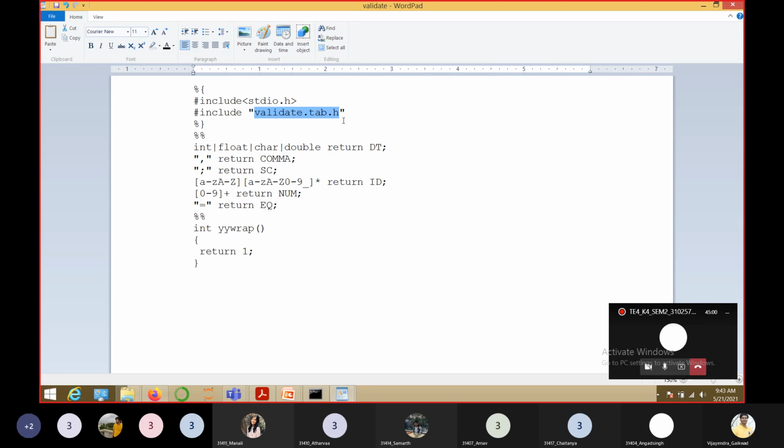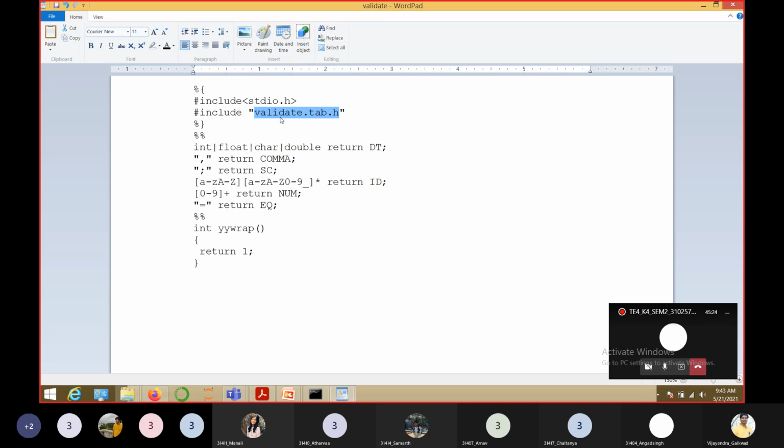validate.tab.h. Remember, I told you during the explanation, the Yacc compiler is going to generate two files, .tab.c and .tab.h, right? So these tokens which we are using have come from the header file.